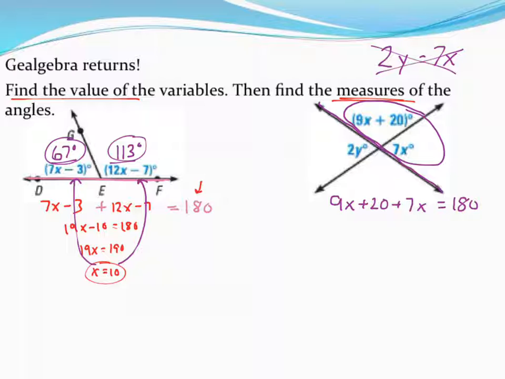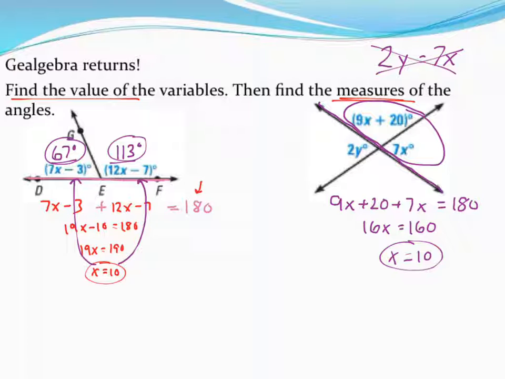So if I add up like terms again, I've got 16x. I'm going to subtract 20 from both sides at the same time. So 16x would equal 160. If I divide both sides by 16, once again I find out that x is equal to 10, which is great, but now remember they still wanted the measures of the angles,